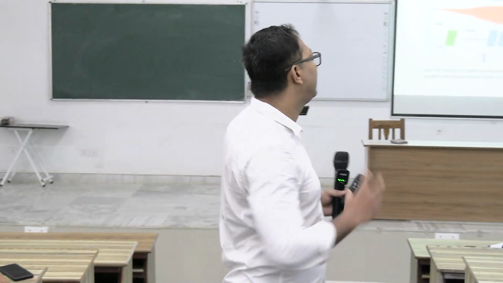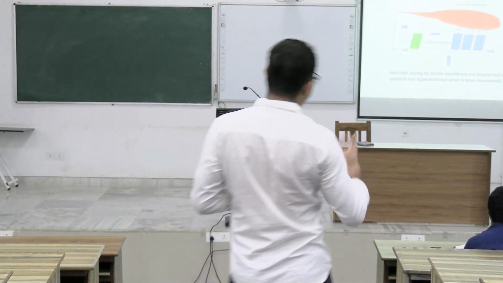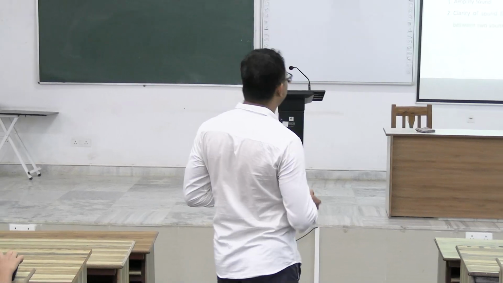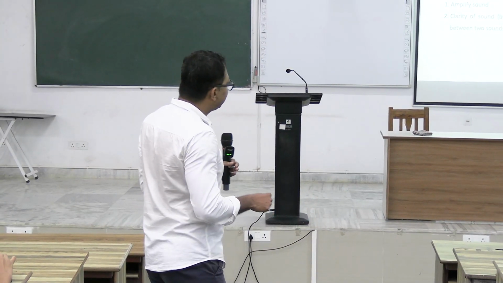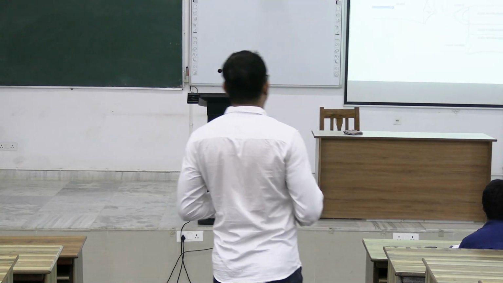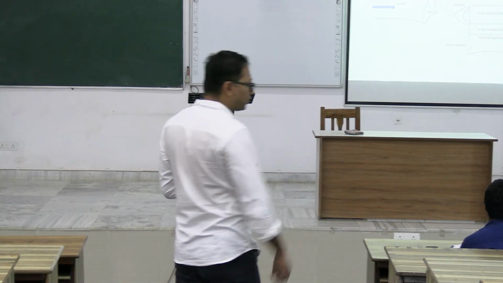Getting my points? So this is how your outer hair cell amplifies sound and does noise cancellation. So function of outer hair cell is to amplify sound and increase the clarity of sound by reducing background noise. Okay, and it switches between the louder sound